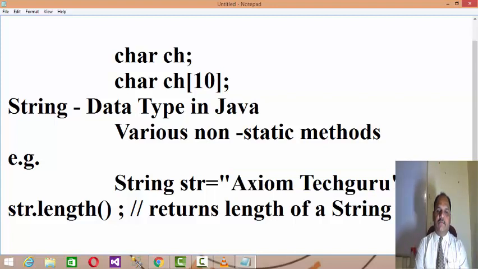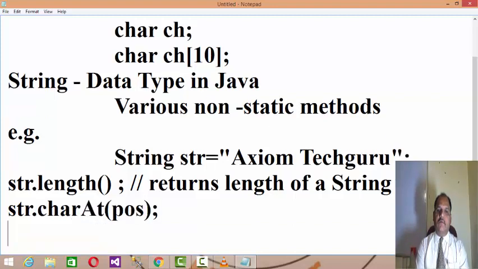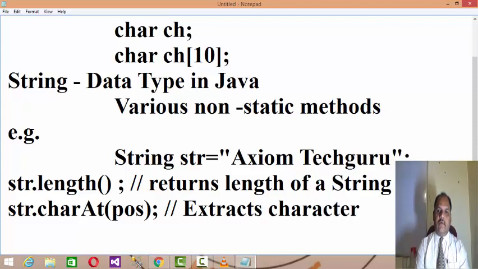And if you want to find the character available at a specific position, then we have the charAt method. If you want to extract a single character at a position, you use charAt, which extracts the character at the specified position.